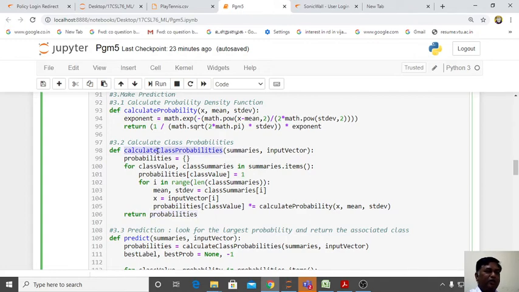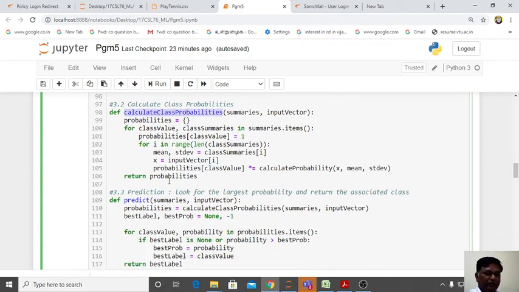Calculate class probability. So class wise probabilities are calculated and it is coming to your predict. So here it is returning. Now you have your class probability, whether 0 probability is more or 1 probability is more. For example, your unknown data you are passing is checked with naive Bayesian, whether it has more probability for yes diabetic or no diabetic. So that we have to do now.